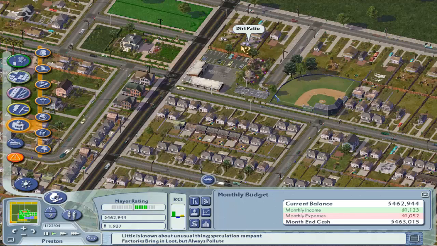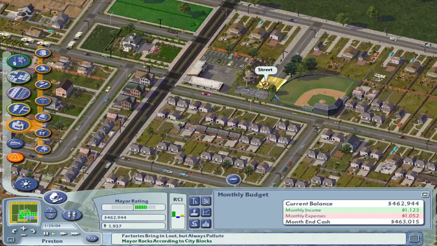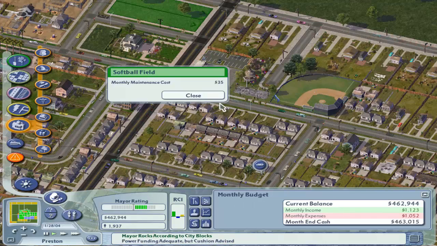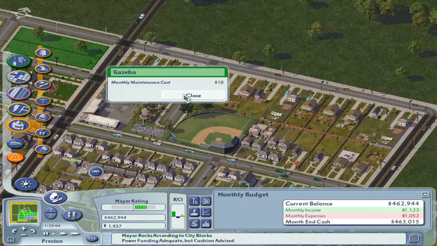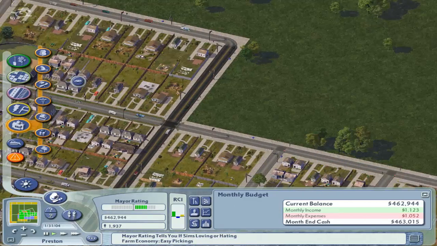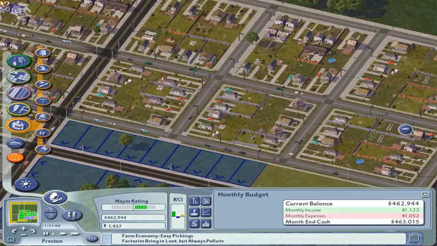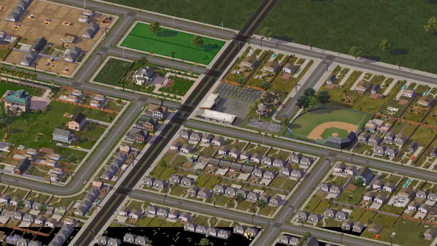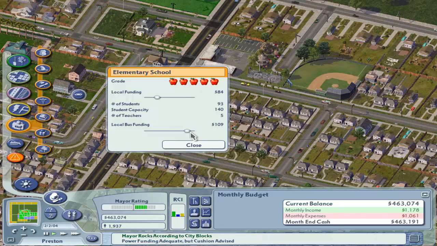Got some kids playing on it now, of course. Our funding seems to be okay for now in the school. So we are doing pretty well. Softball field. So we got ourselves a pretty nice, healthy area in here. Seems pretty good. Now we've got to check the school, because the school might not be able to pick up the kids in this area. So maybe if we get the bus funding a little bit higher,